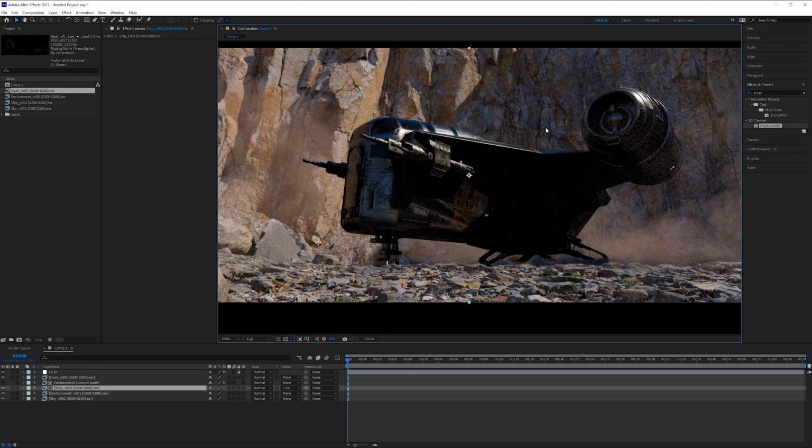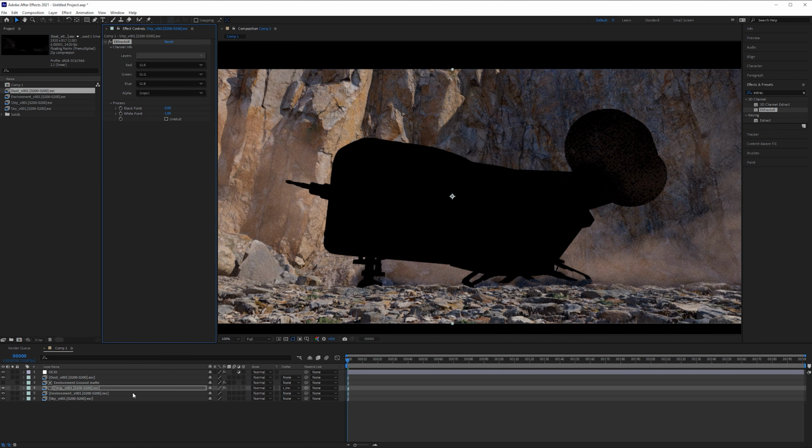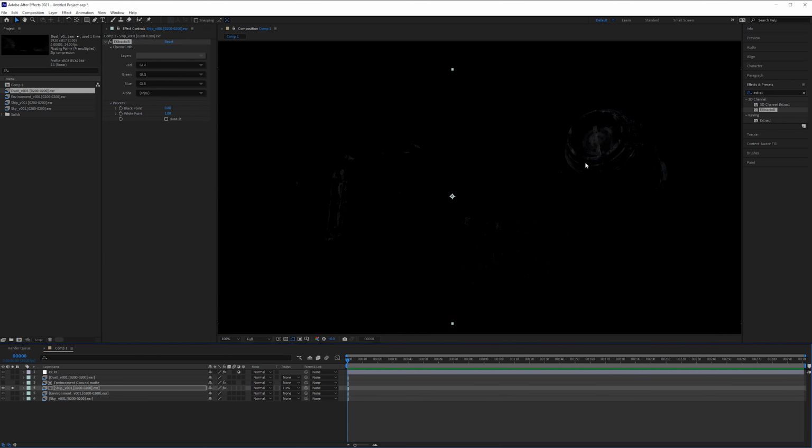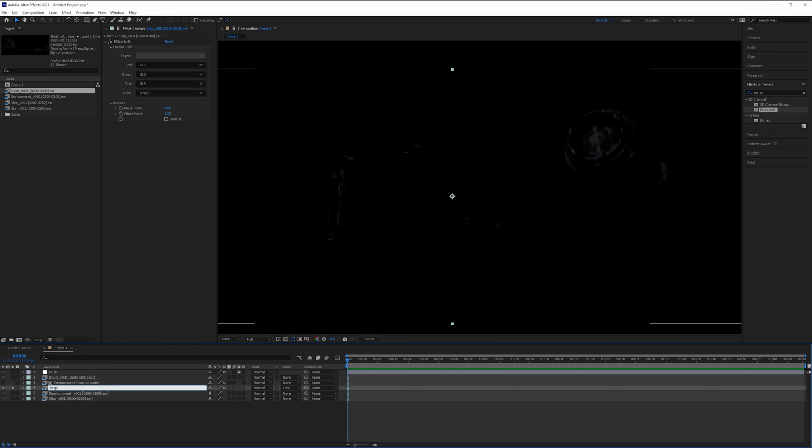Okay, right, so that is that. Now we need to make sure that our passes, our AOVs, are working. So we're going to go to our effects and presets, Extractor, drag this on the ship, and we're going to start off with GI. We solo this. It's going to appear very dark, but if you increase your exposure here, you can see that there is something there. There is information there. I'm going to click enter and then type in ship GI.